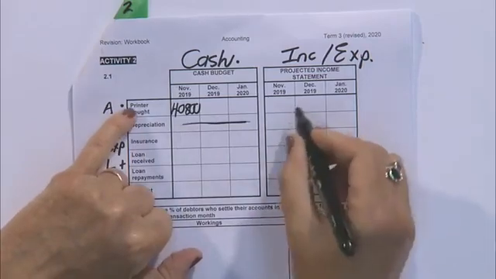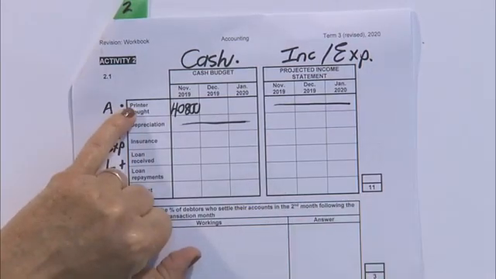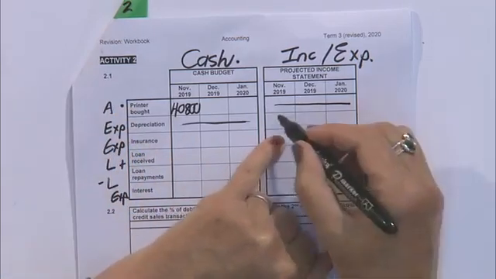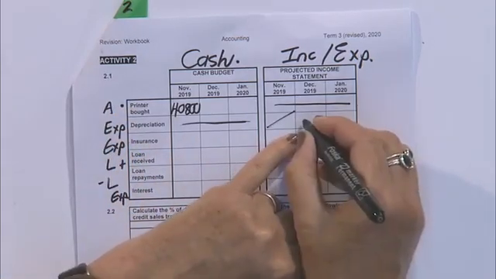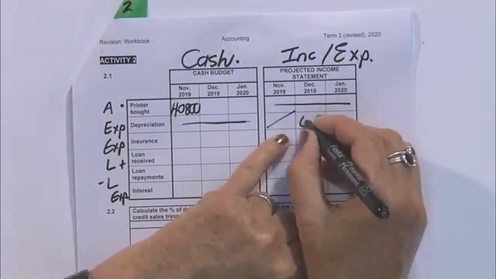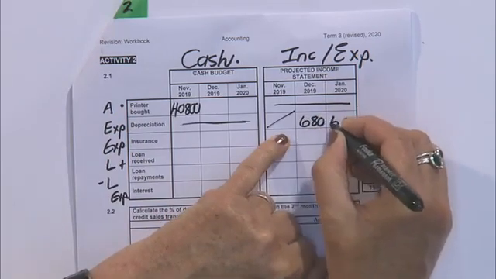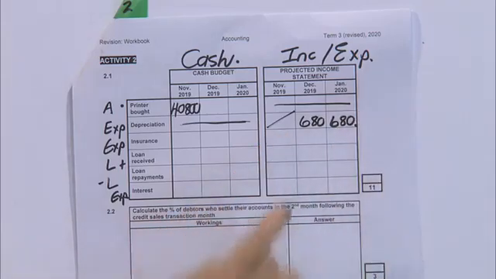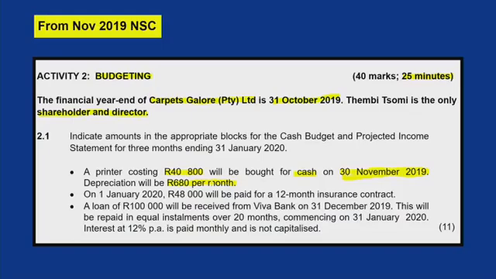Just like a printer is not an expense, it's an asset. Now, because I bought it at the end of the month, I will only start showing depreciation of 680 in December and in January. I hope you understand that. So that's on that topic. The next bullet